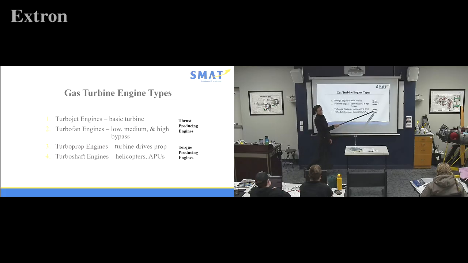These are called torque producing engines because they're providing a torque to drive the prop or the rotor. Do you think torque producing engines produce any thrust? Very good. A little bit. Sometimes it's almost negligible, but it depends on the engine. Maybe a little. But we're harvesting the energy to drive a